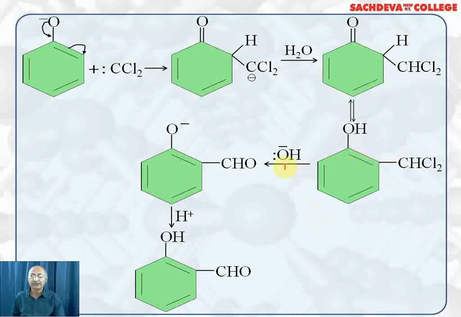Now we will carry out hydrolysis with the help of 2 moles of KOH. It will be fastest. So here we will get CHOH, COH. So 2 OH groups at the same carbon are unstable. It leads to the formation of the aldehyde group. This will dissociate into O negative in the presence of NaOH or KOH. So we can acidify it to get salicylaldehyde back. So we will get salicylaldehyde in the Reimer-Tiemann reaction. So this is the mechanism of the Reimer-Tiemann reaction, where you will remember that the attacking electrophile is dichlorocarbene.